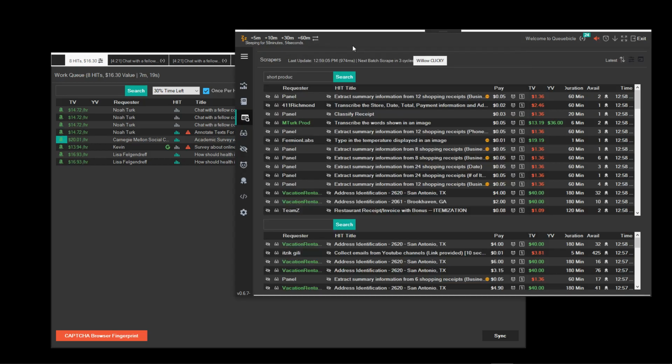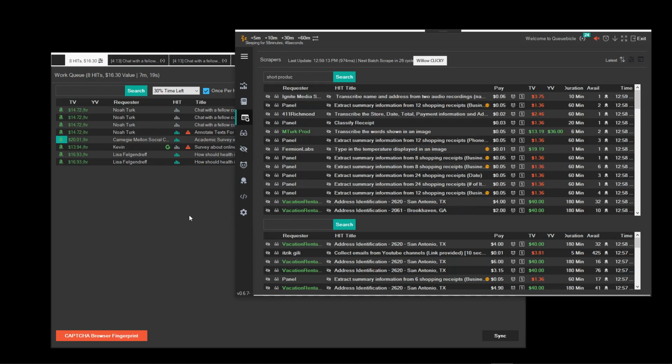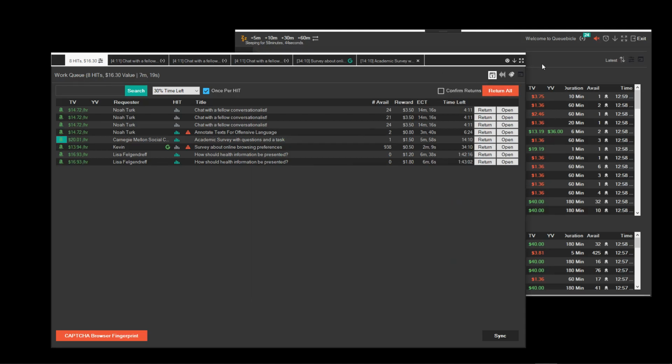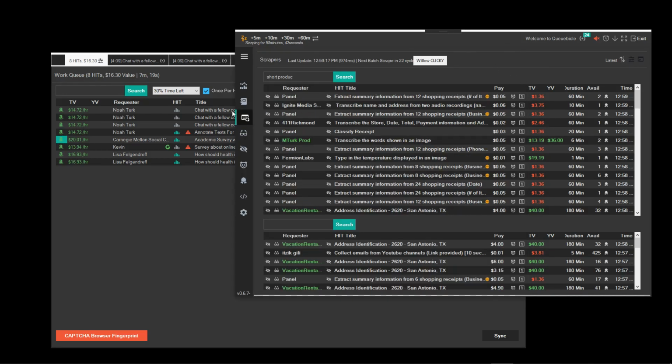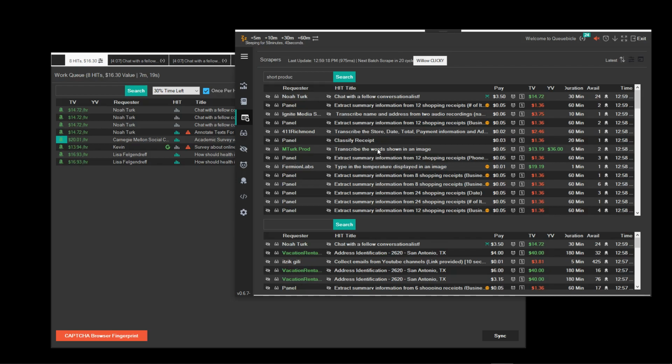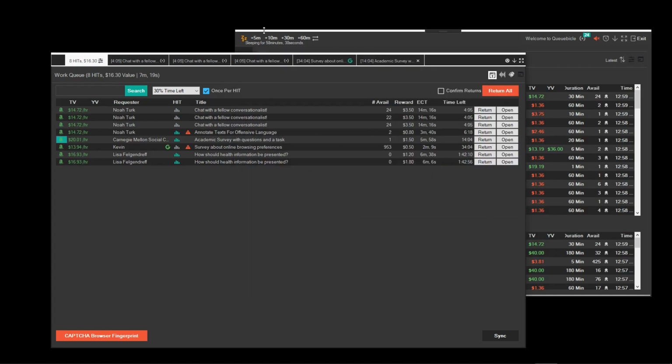So right now, what Cubicle is doing is it's still checking everything and just making sure that it's not overloading me, right? So it's only going to accept things that, once I've got this cleared out, it will have more work ready for me when I come back and I'm ready to go, right? It'll have more work ready for me. But right now it's not overloading me. It's not accepting hits that I'm not going to be able to complete before I can clear all this out,